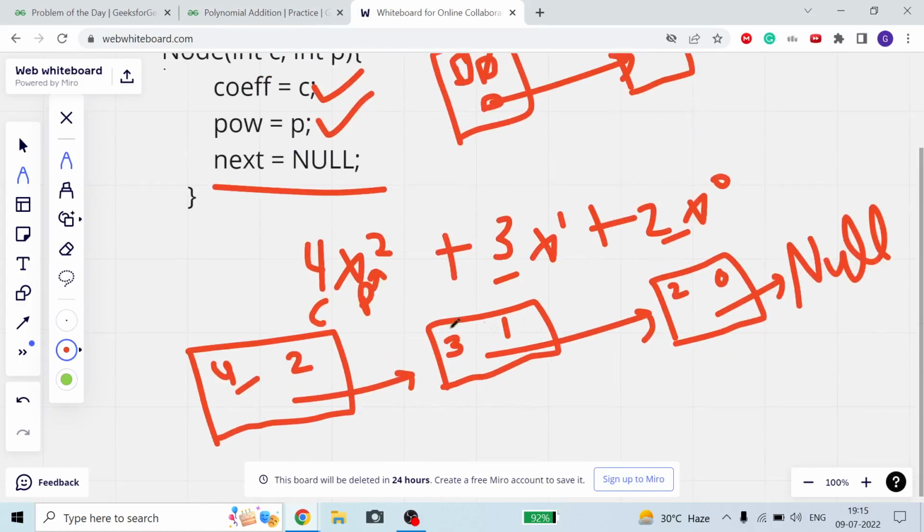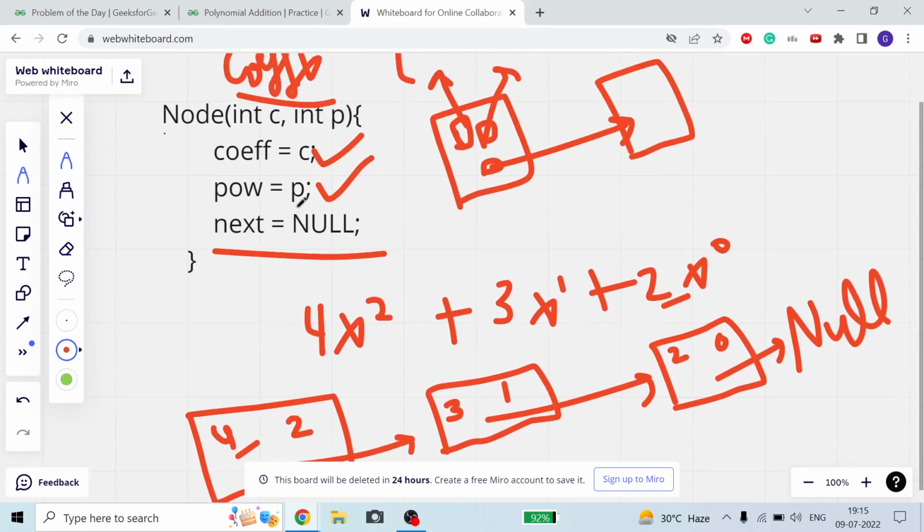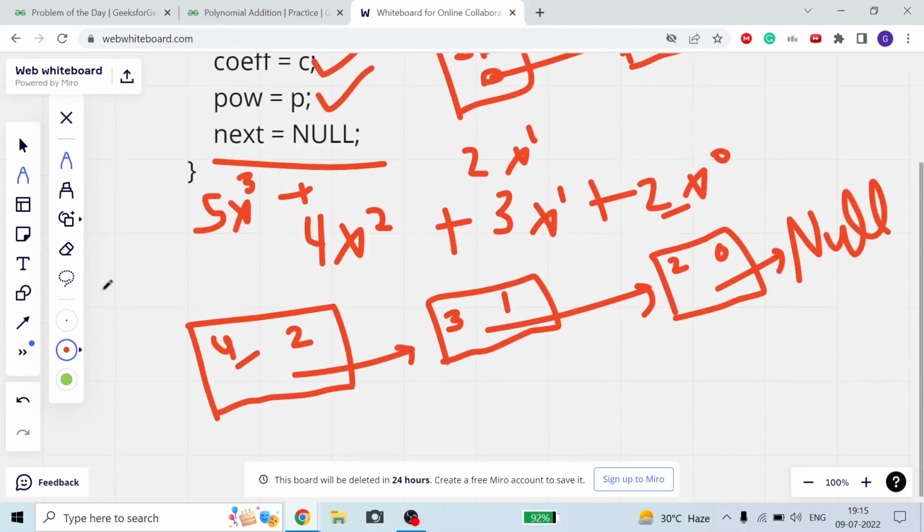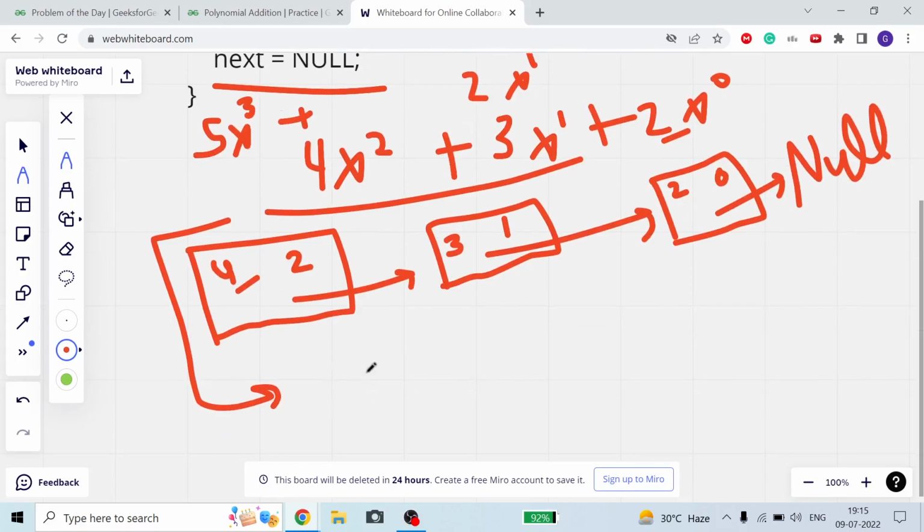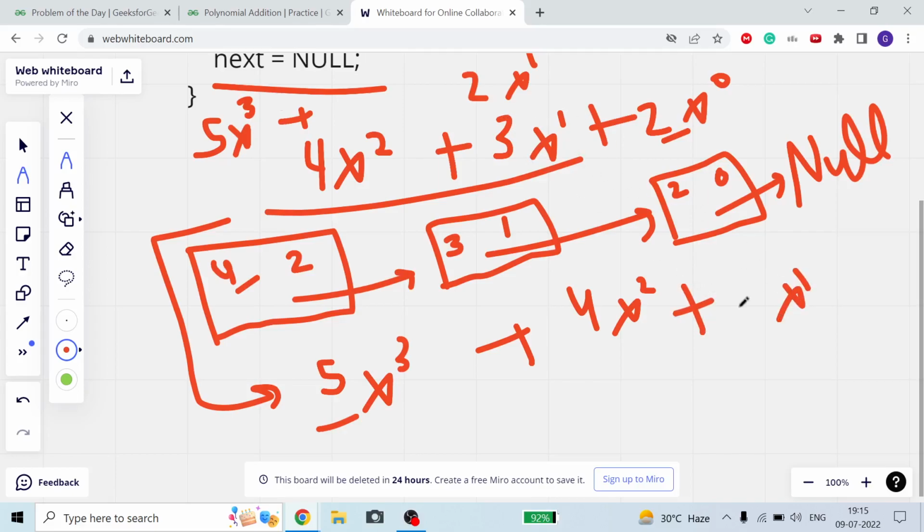Suppose I take a random polynomial, 5x cube plus 2x. Addition of these two polynomials gives all the terms with power x raised to the power 3 with coefficient 5, plus 4x square, plus x raised to the power 1 with coefficient 3 plus 2.